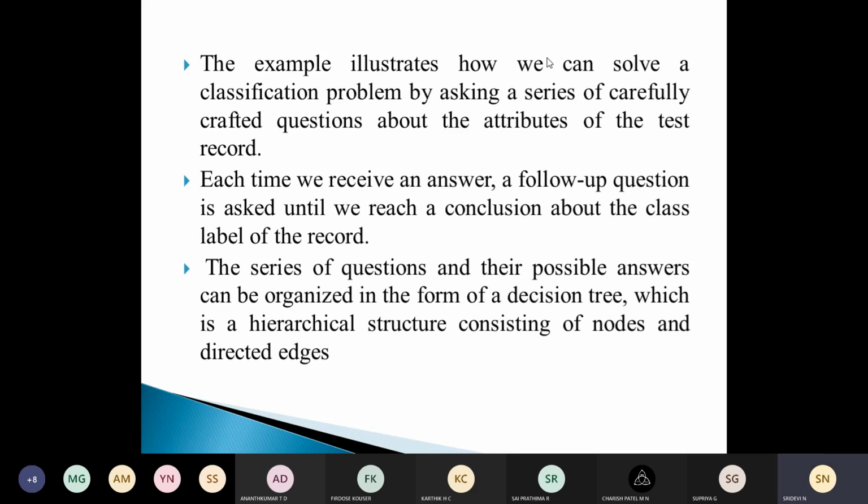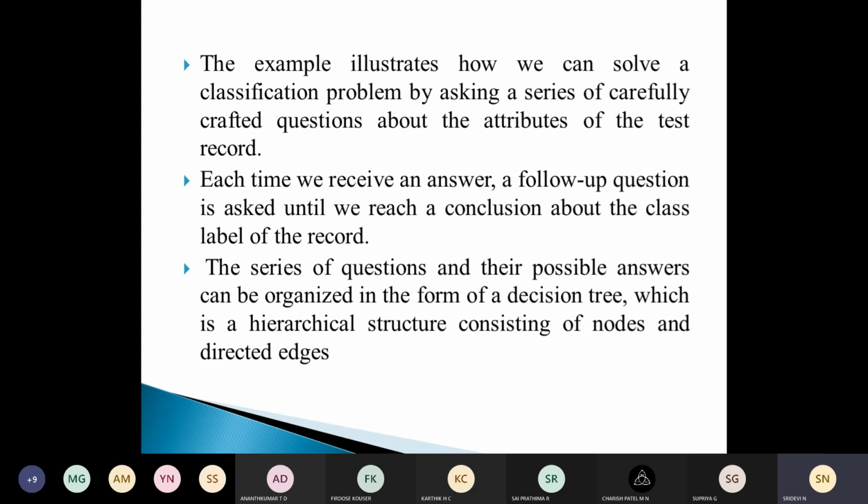An example is shown here. Whatever example we take up next will help us solve the classification problem by asking a series of carefully crafted questions about the attributes of the test record. For whatever record you want to test, we ask a series of questions carefully, and then classify that test record as mammal or non-mammal.